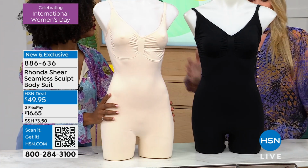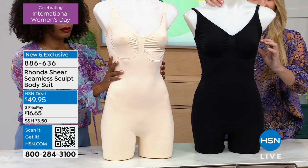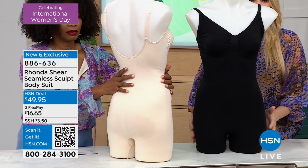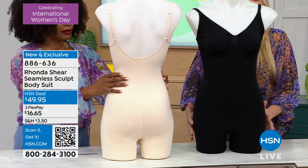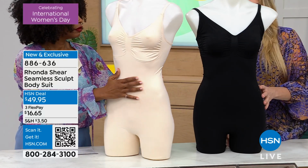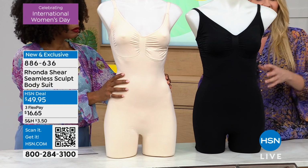Because when you put this underneath, and it's that seamless technology that Rhonda's known for, it's gonna stretch, it's gonna smooth you out. When you step into this, your whole body's gonna feel like a nice hug. You're gonna get that long leg, and I know Sonia just came out in it, you're gonna get that